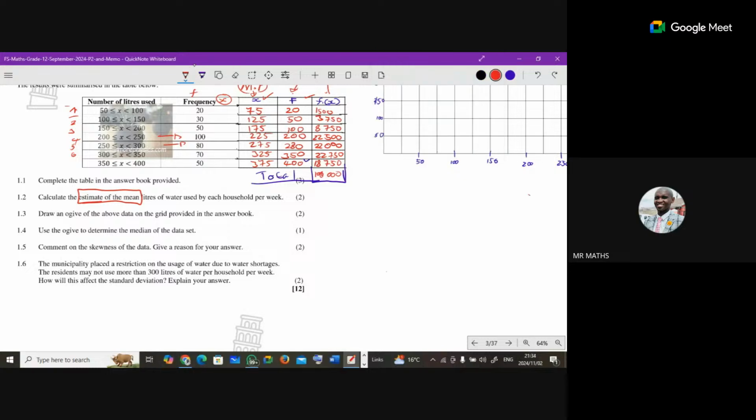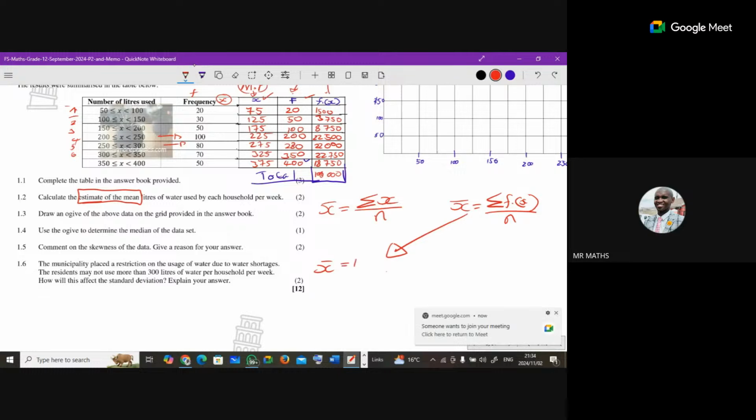U-manual uthini? Remember ithi i-sum of x values over n, i-mean of i-ungrouped data. But now sithetha nge-grouped data. I-grouped data yayo ithini i-mean yayo? Ithi yi-sum of f of x over what? Over n. That will mean ke ngoku i-sum of f of x bese siyibalile phayana ithetha ukuthi mean yethu will be equal to